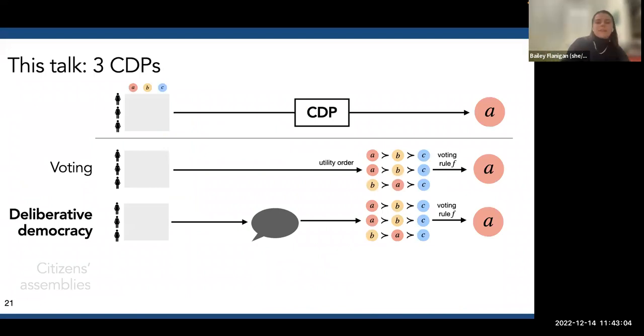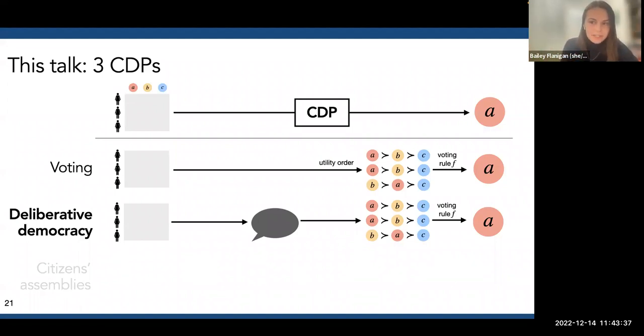Okay, so to recap, we talked about voting and we raised some concerns about how sometimes it will produce outcomes that don't generate a lot of value. We talked about adding this deliberation stage and how it can help us. But one problem in running experiments and also just deploying deliberation in general is that this group of voters that we're hoping are going to deliberate could be enormous. It could be a whole country, it could be a whole state. There's no way that we can get all these people in one room to talk to each other.